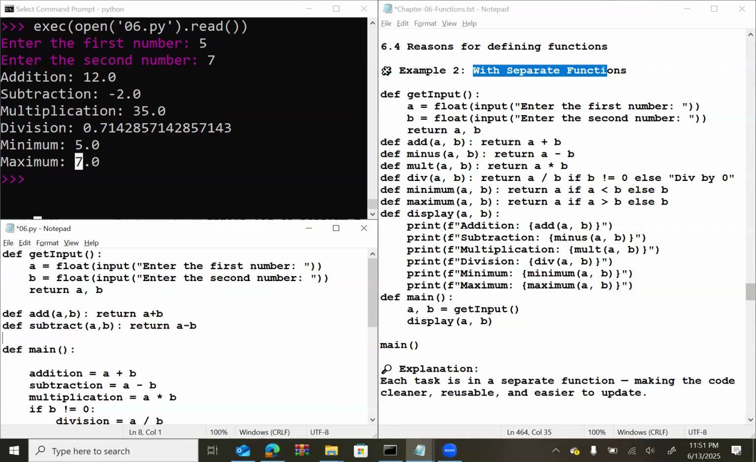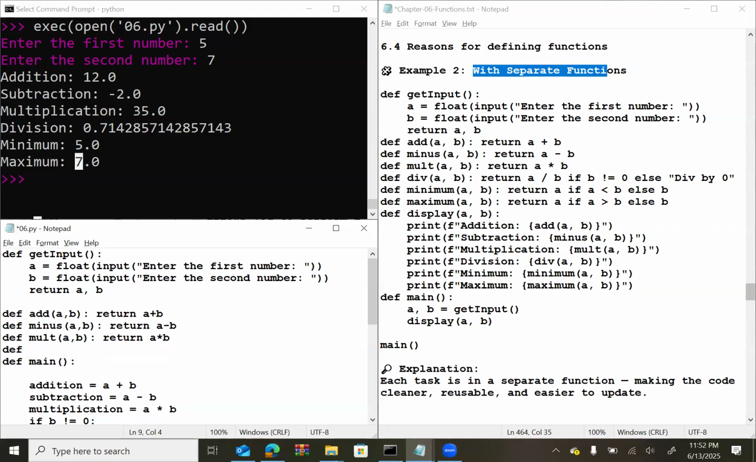We can have multiply. In my example it says minus, so I can put minus. Define multiply, mult, a and b, two values, then colon and return a multiplied by b. Then we have divide. I can say div as well, no problem. a, b